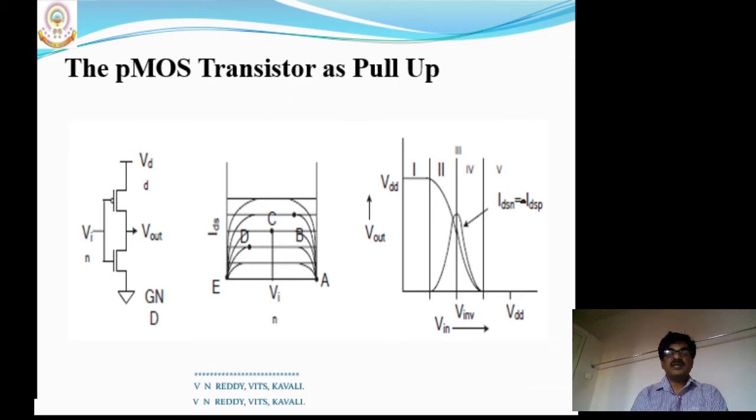So the output is a short-circuited voltage, because the NMOS transistor in on state acts as a short circuit. Short-circuited voltage is almost 0 volts. Therefore, see the diagram: if the input is VDD, the output is 0 volts. Very perfect